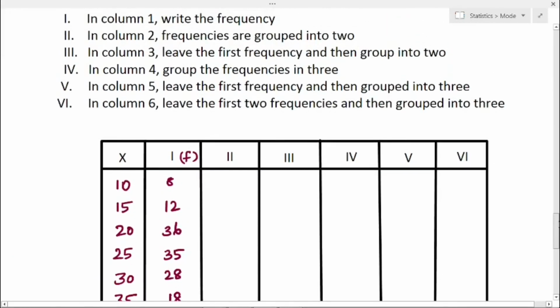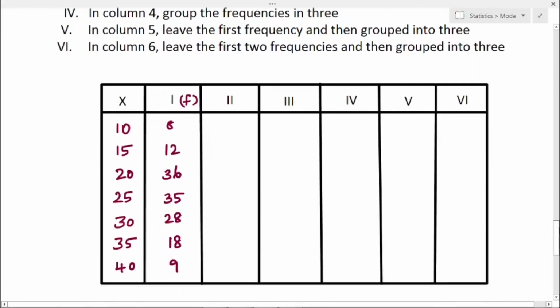Next, in the second column the frequencies are grouped into 2. That means we have to add the frequency values. So first we have to add 8 and 12. If you add, you will get 20. That I will write in the middle of these 2 values. Next we add the next 2 values, 36 and 35.